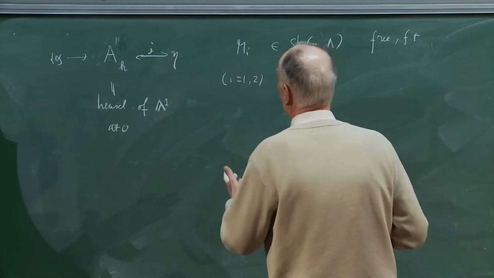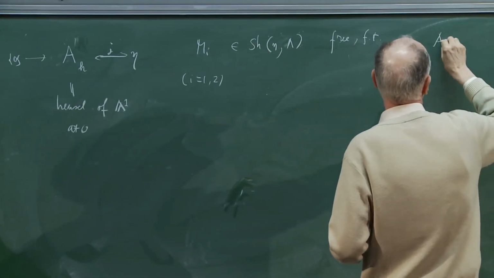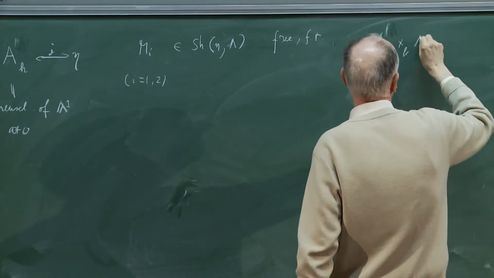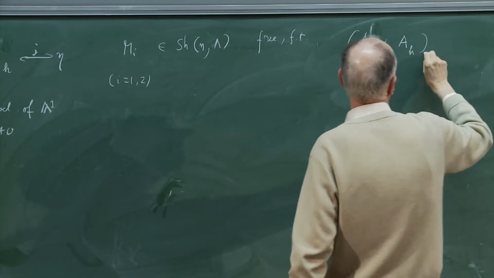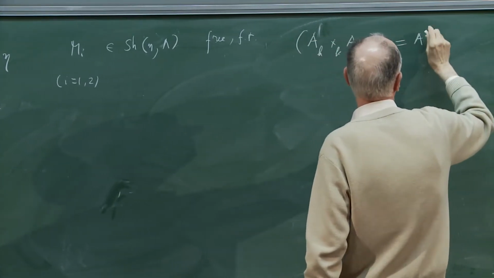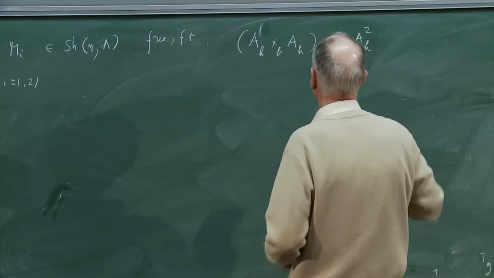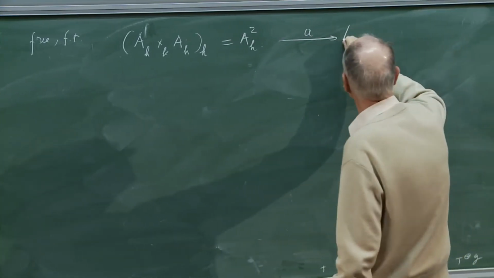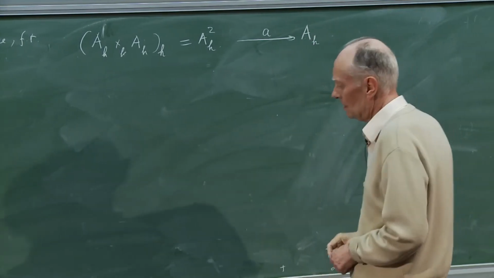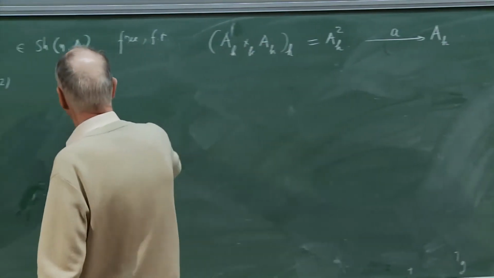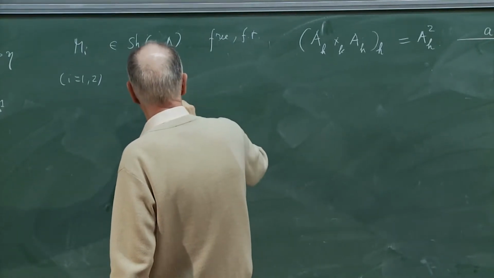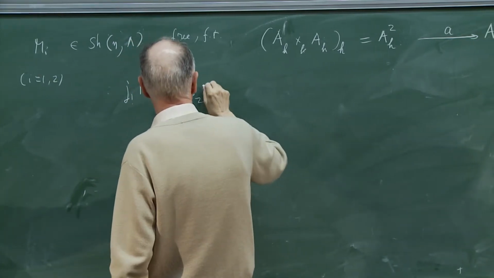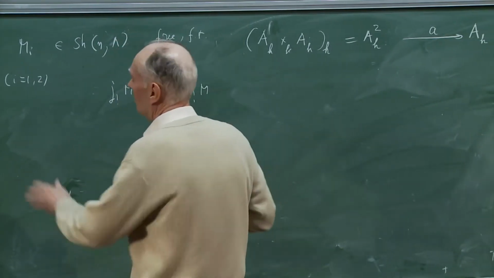Then you can consider the product here over K and take again its initialization. I will denote it by A2H. And the sum map, or the map which is induced by the sum, to AH. Now you can extend M1 and M2 by 0 onto AH,